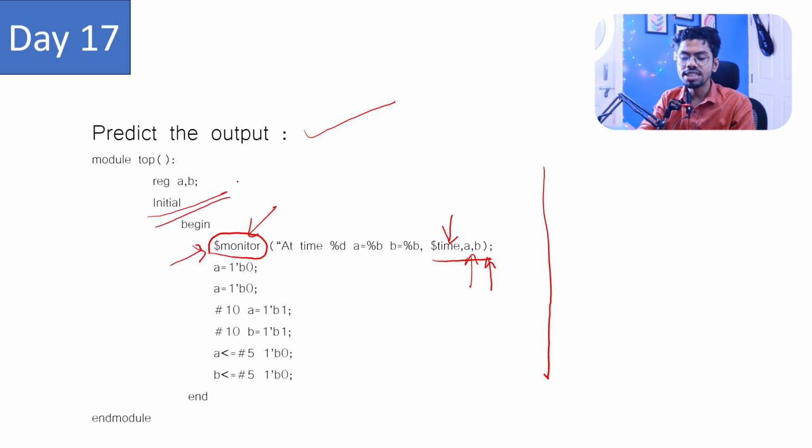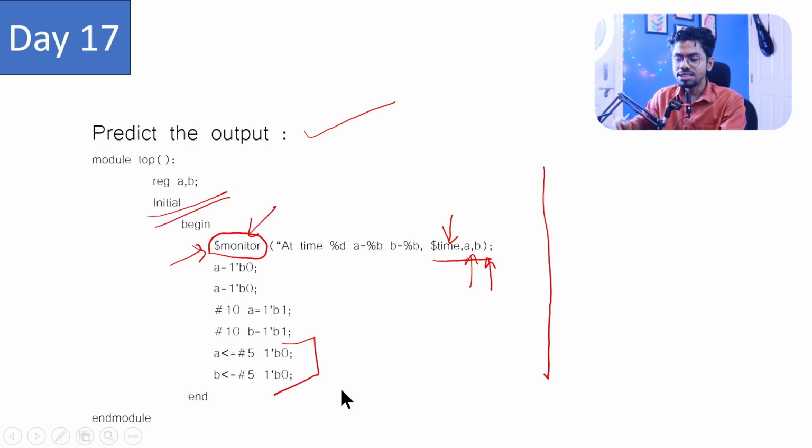Don't get confused that, hey, it is initial, so it will run only once. The initial block will run only once, but this monitor will keep on running anytime those variables change. So it's a very good example to demonstrate blocking and non-blocking statements. So please give it a try,